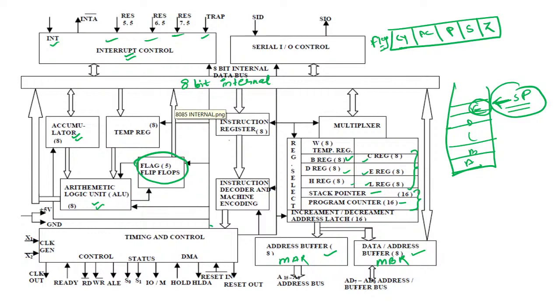Okay, then you have an instruction register. I told you that the instruction will also be of 8 bits. So the instruction register will be of 8 bits, because the size of the instruction will be 1 word, and 1 word in this microprocessor is equal to 8 bits. I told you what is the meaning of instruction register, right? In the instruction register you will keep the instructions. So the instruction register is of 8 bits, which is directly connected to a decoder.